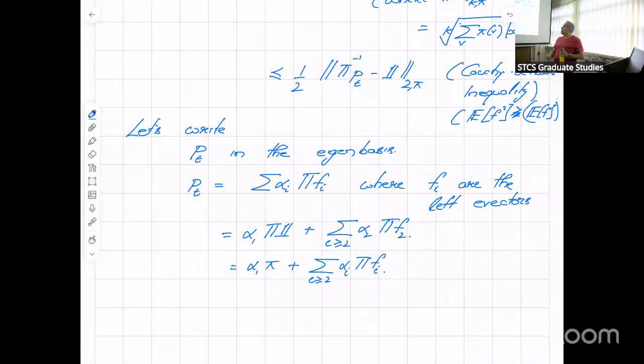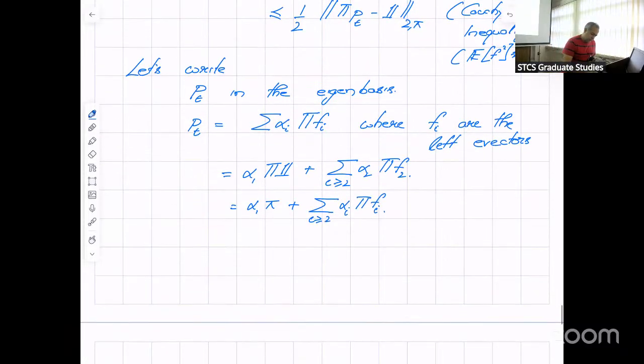Let's find out what is alpha 1. The orthonormal system, what is alpha 1? For alpha 1, notice alpha 1 is exactly P^t inner product with pi. Better for me to write it. So once we have this, I can also write pi inverse P^t is equal to alpha 1 times 1 plus